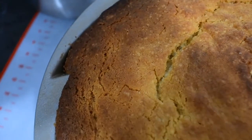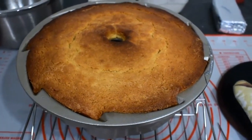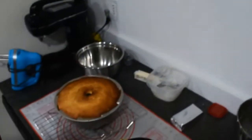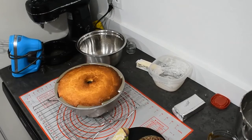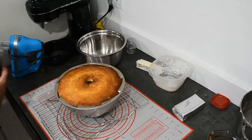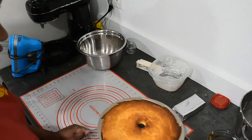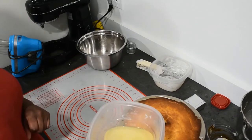So the goal here is to let it sit and come to room temperature, or at least enough to touch it. And while we're waiting for this, we're going to start making our icing and our glaze. Alright, so I'm going to move this off to the side. Slip that off there. And I'm first going to make my sugar syrup, which is just, again, lemon juice and